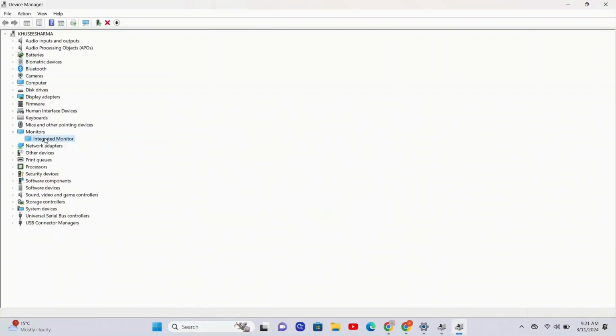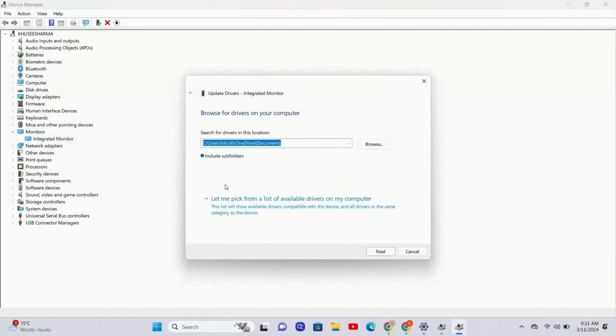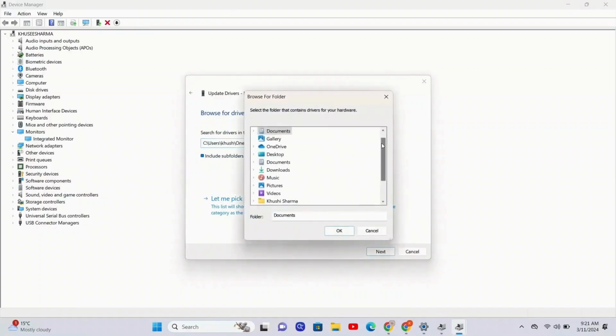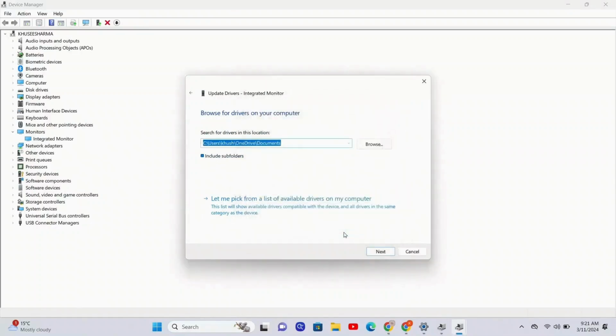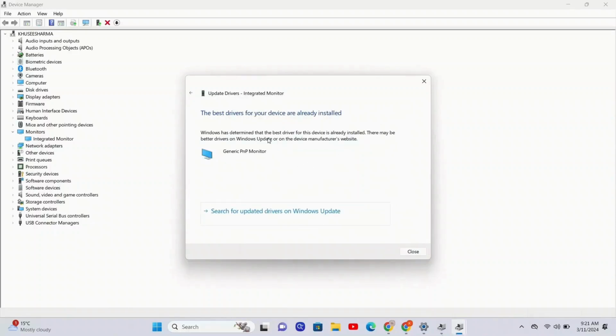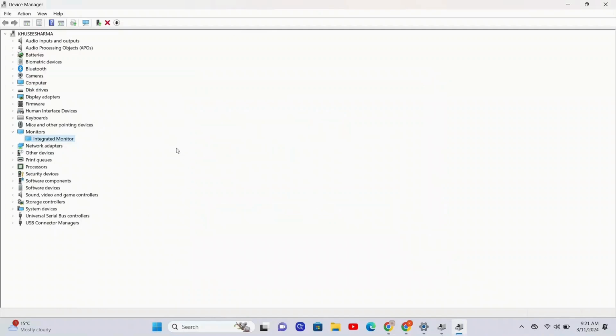Then we're gonna again click on Update, and we will click on Browse, and now we can browse it, and after browsing it we can see that everything is already up to date and already installed. So we're gonna close it, and even if this is not working and after all this your screen is